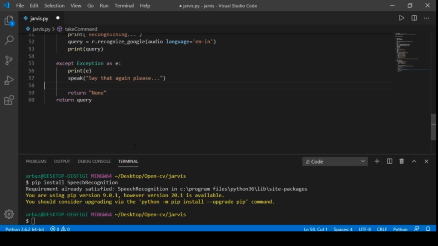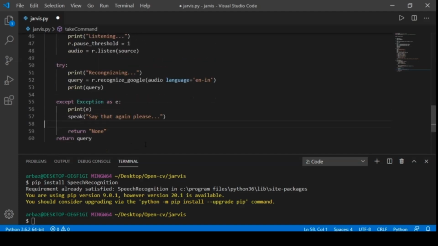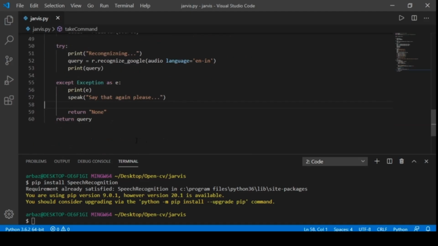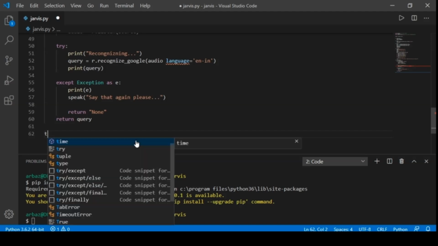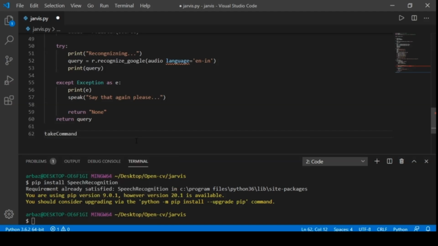Let me save this program, and at the end of this program I will call the take command function. Let me call this function and save it, and let's try to run this and see if it is able to get the